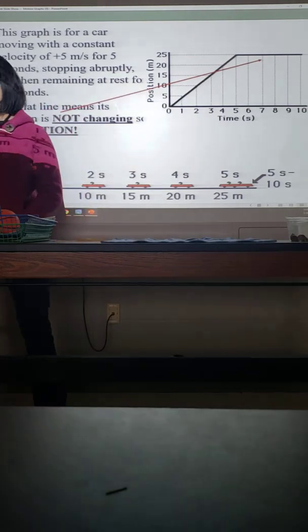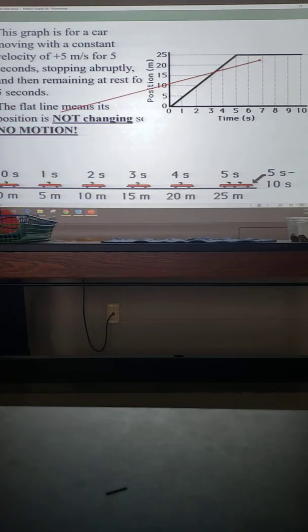And so they said that that's a slope of 5, so that's basically a velocity of 5 meters per second, and it's constant, and it's moving in the positive direction. And then it says it abruptly stops and comes to a rest at 5 seconds for 5 more seconds. So basically everything you guys said. So really good. All right, our final one, and this is where we pick up,